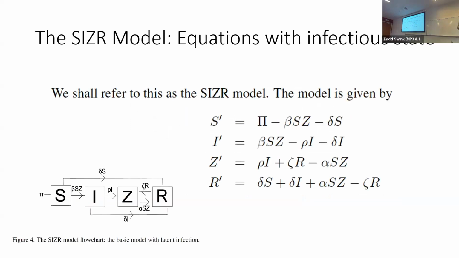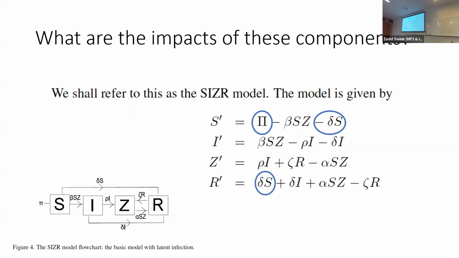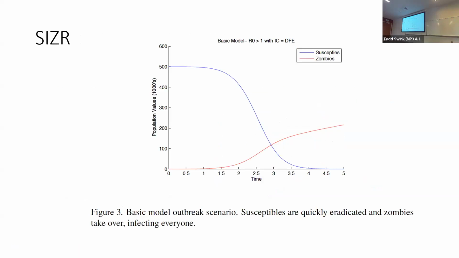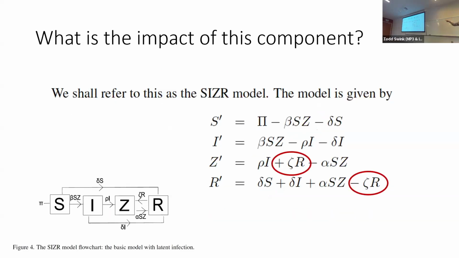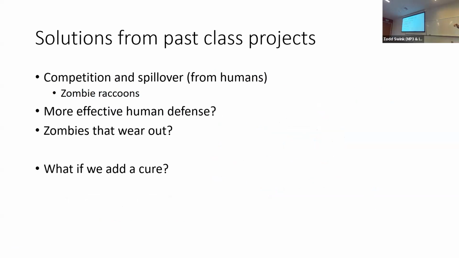So it's a more complicated model, but you're trying to find parameters where humanity has a chance. And these new components were, well, we've already talked about beta. We talked about the delta of S, of dying of a different reason, and the susceptibles drops to 0. Now, how can we change it? And we've already talked about the zeta R, going back to the zombie state, that's the weak link in the ZR model. So past class projects, some people had competition and spillover as zombie raccoons were introduced into one model,